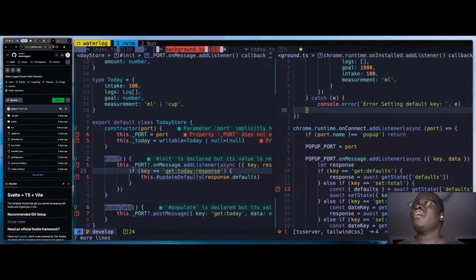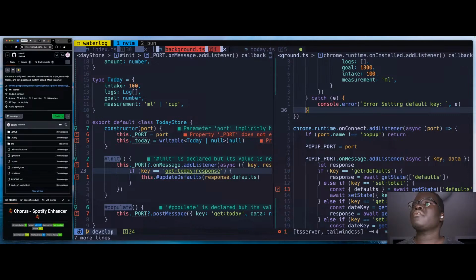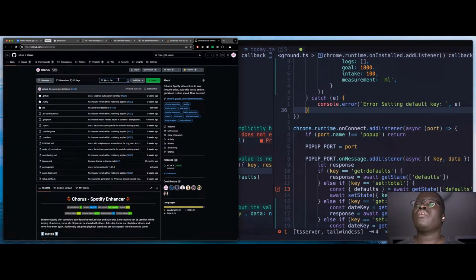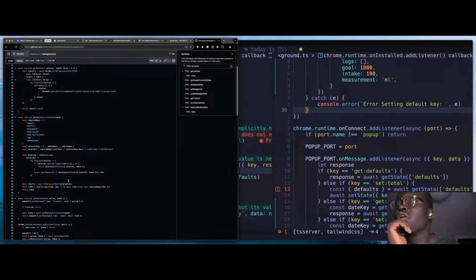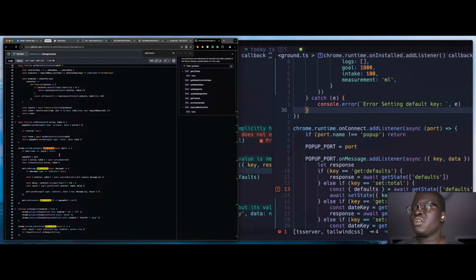Let me see. I probably used it in Chorus. Let me look at what listeners I've used in Chorus. Let's have add listener. So we have on connect